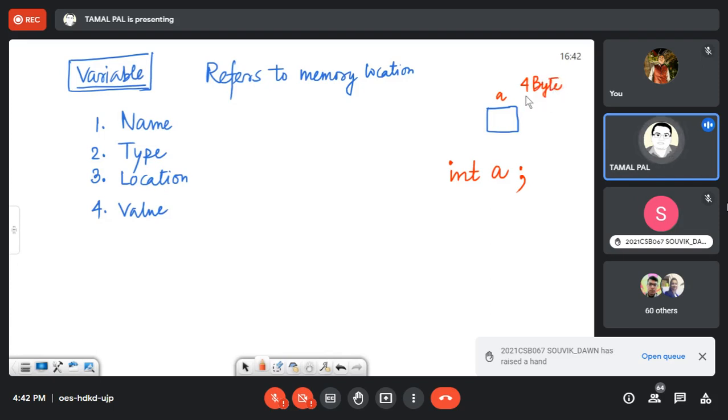What is byte? Sometimes it is difficult because some people are learning for the first time. A binary digit, I think I had discussed, 0, 1. These are nothing but binary digits. So a binary digit is called a bit.